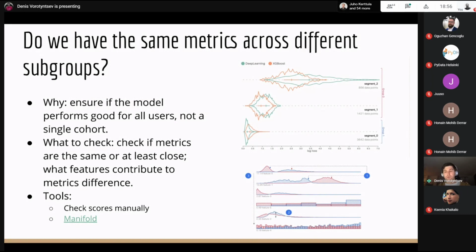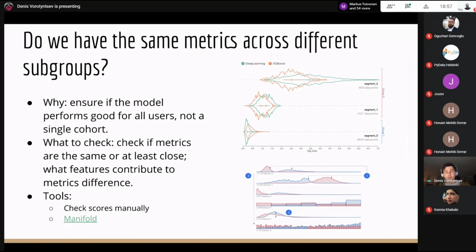And here subgroups could mean anything. It could be subgroups based on some cohorts of users, such as gender, race, age. We want our model to perform well enough on all of those groups, because in our production settings we are expecting to see all of those users. Also, subgroups could be some clusters in the data which are not related to user race or gender, but related to something else, maybe number of purchases or something else.